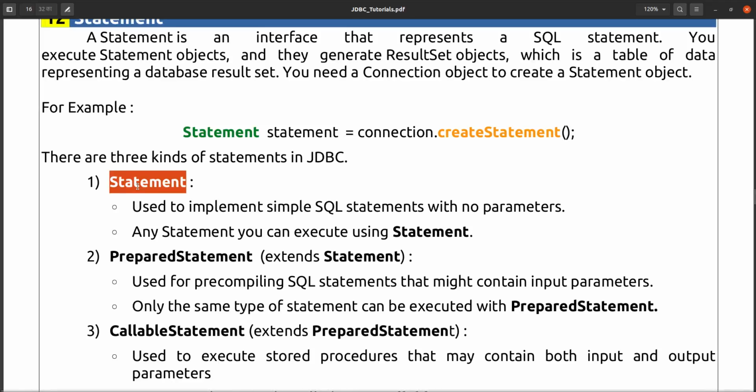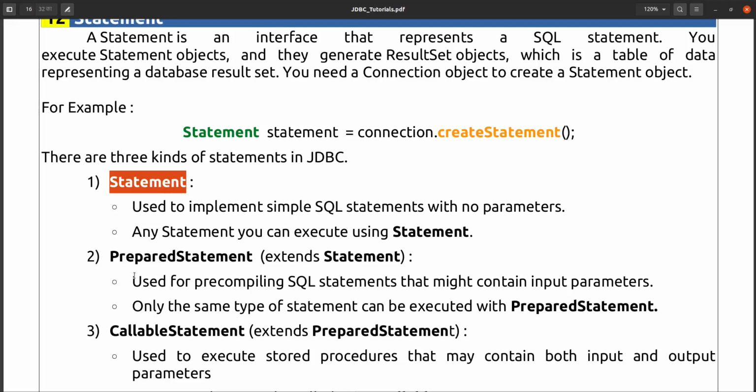Using one reference variable of statement type you can execute any type of statement, but using a prepared statement with the same reference variable you can execute only the same type of query, because that query is already compiled.